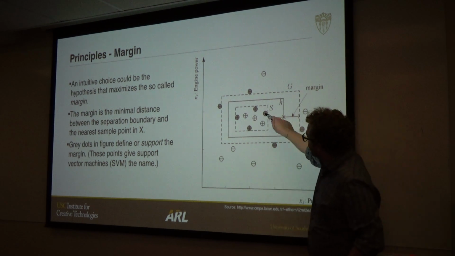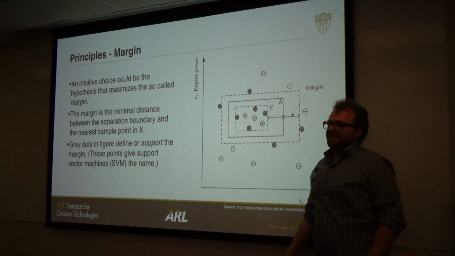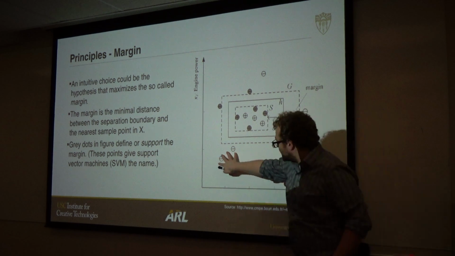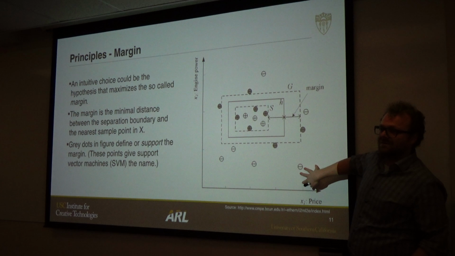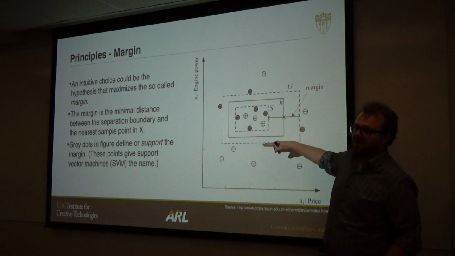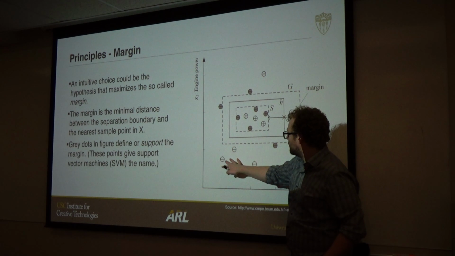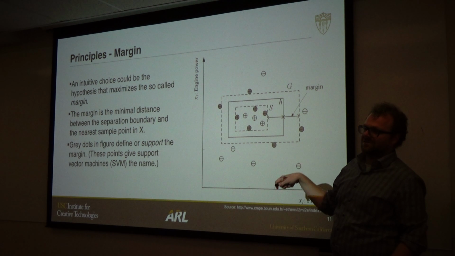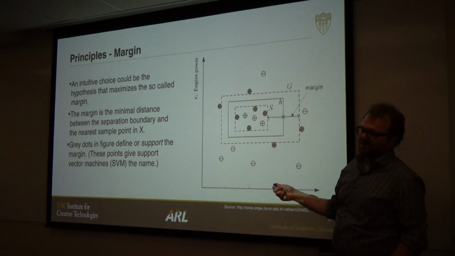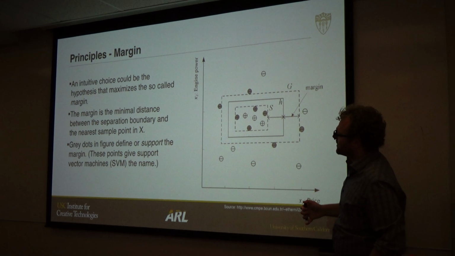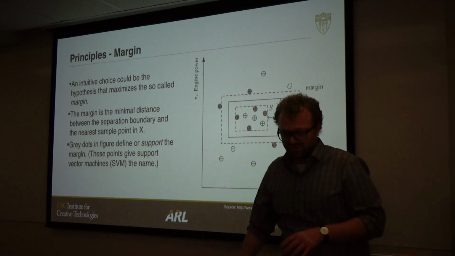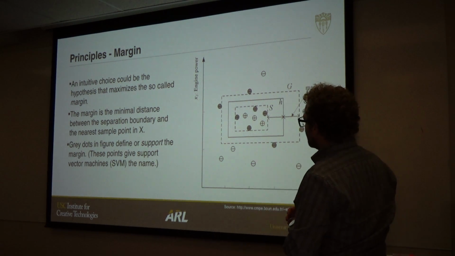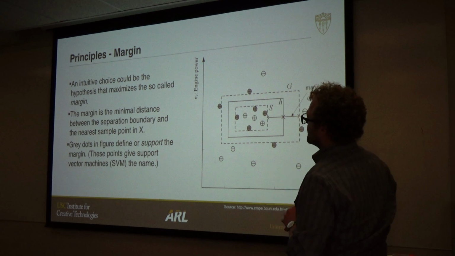And these gray ones here, they are on the border, right? And these are the ones that are support vectors. If you have a million more down here, they don't matter, because only the ones on the border are important. So I can remove all of these 4 down here, I can remove these 2, I can remove these 3, and still the exact same classification or hypothesis result will come out, right? So that's kind of cool with the support vector machines. But we'll discuss support vector machines quite a bit later, in a lot more detail. So this is kind of what we want to get.